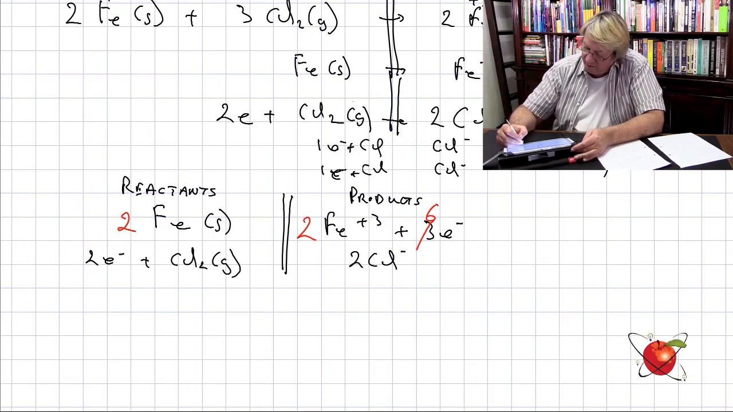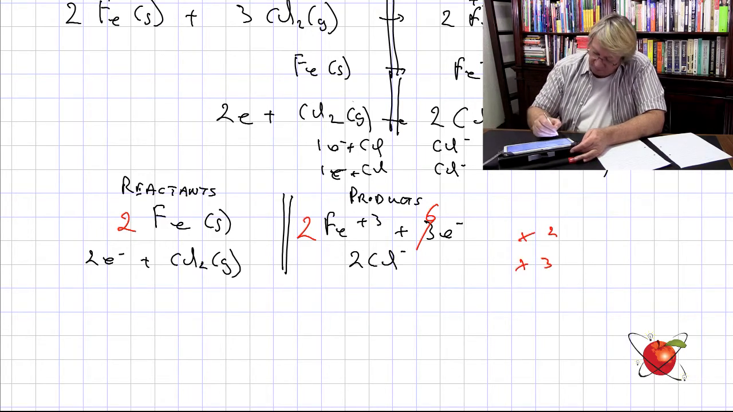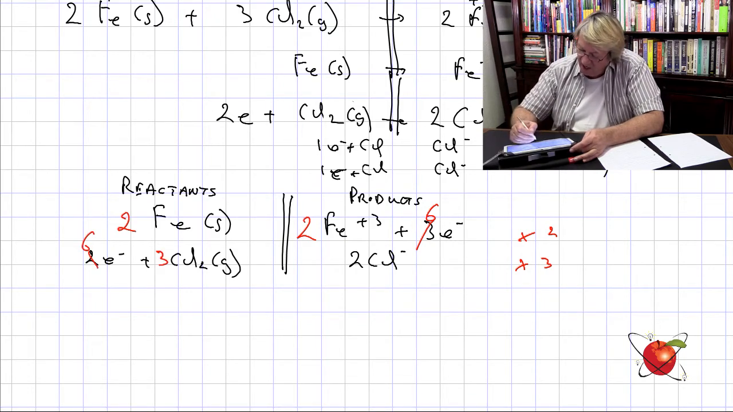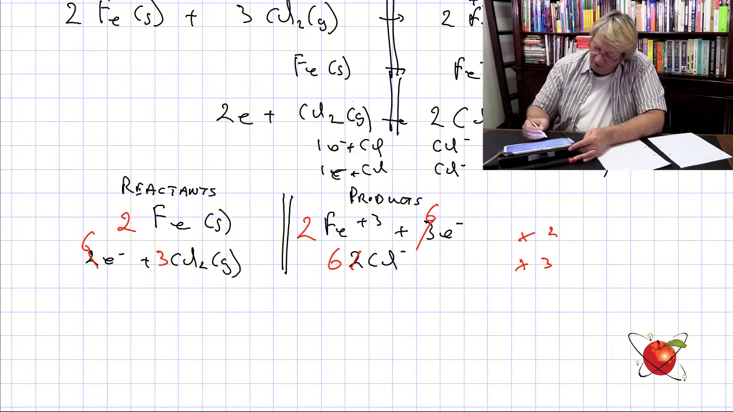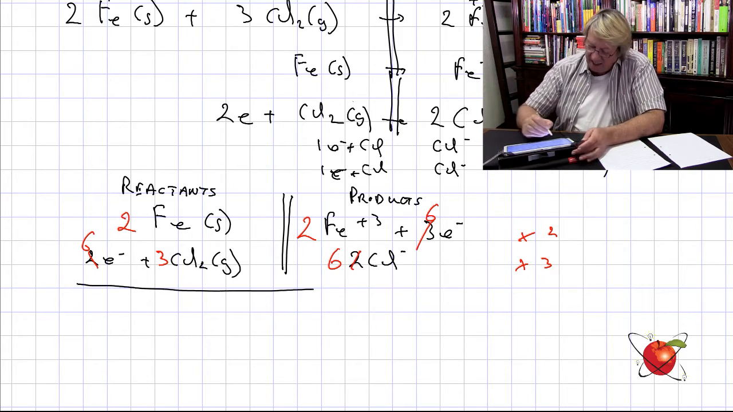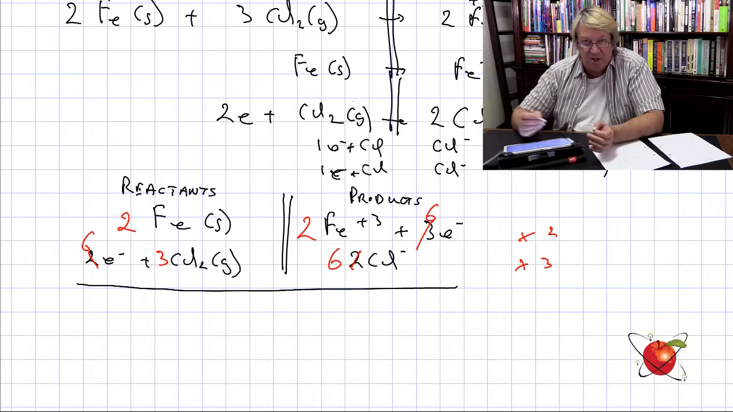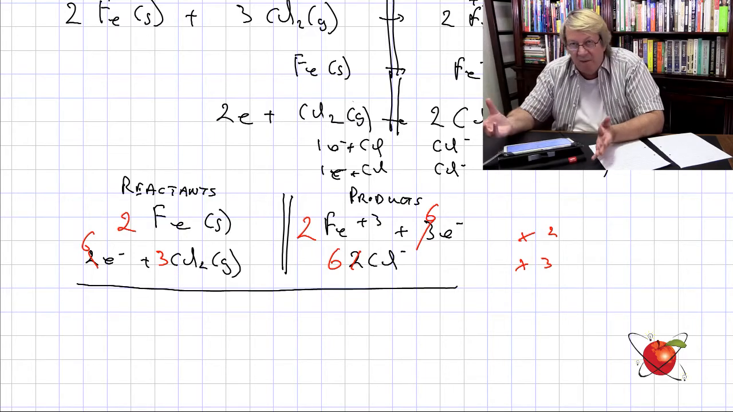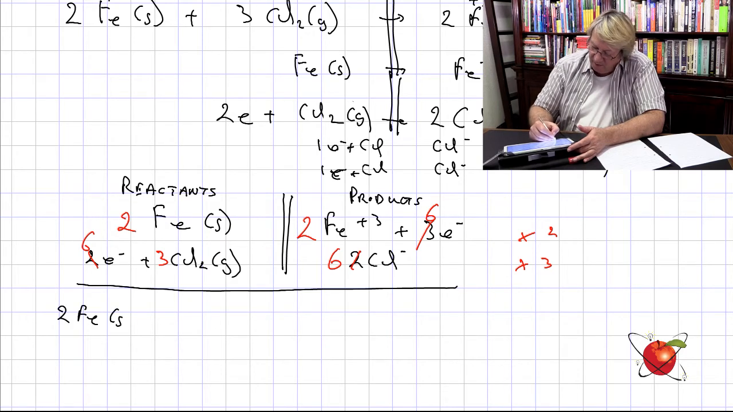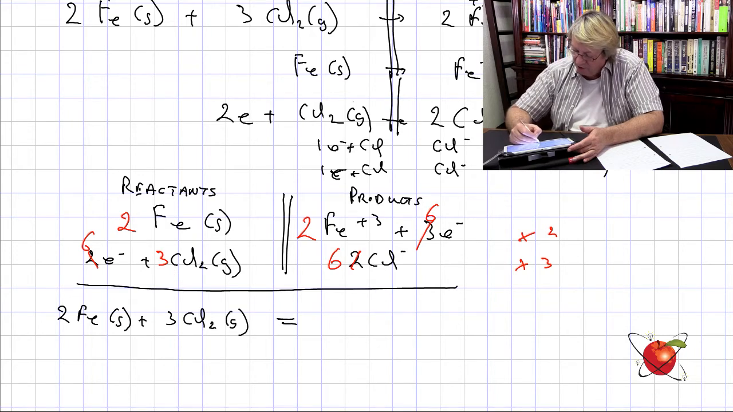Now we multiply by 2, and at the bottom we times by 3. So we're going to get 6 electrons here, 3 there, and over there it's going to change to a 6. Right? Therefore, let us now just draw the line over here. You can see I'm not going to write them down, but the electrons are going to disappear, aren't they? They're going to be balanced out. So we end up with 2 Fe solid plus 3 Cl2 gas going to 2 Fe 3+ plus 6